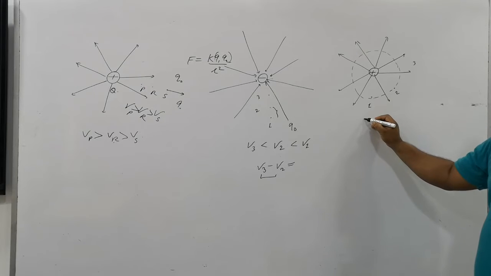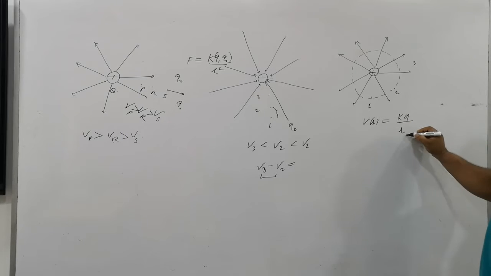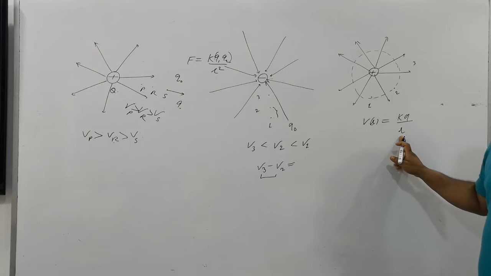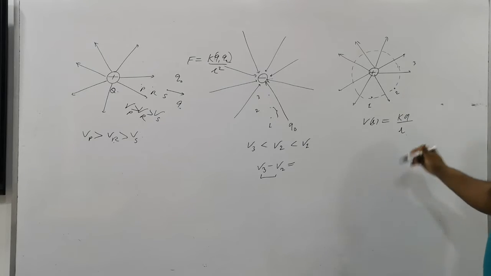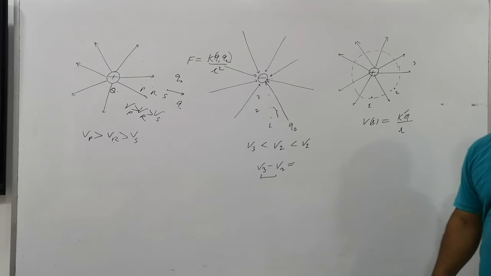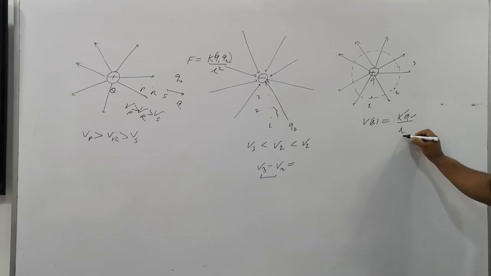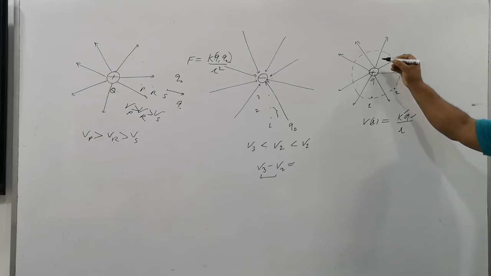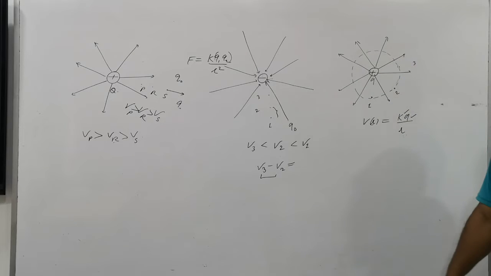The potential at a point is given as V(r) equal to kQ by r. Is that clear? It is a function of position vector. In the case of points 1, 2, and 3, is k changing here? No, k is not changing. Is Q changing here? No, Q is also not changing. This is the source charge, which is setting the potential at these points. And r is the position vector, which is also not changing here. This is a circle, and every point on the circumference of the circle is at equal distance.